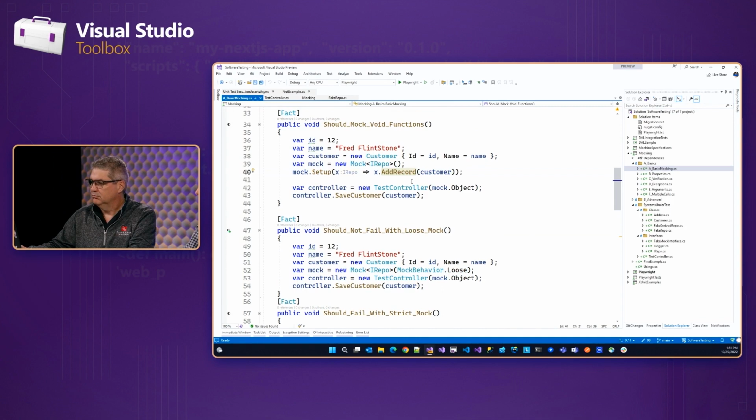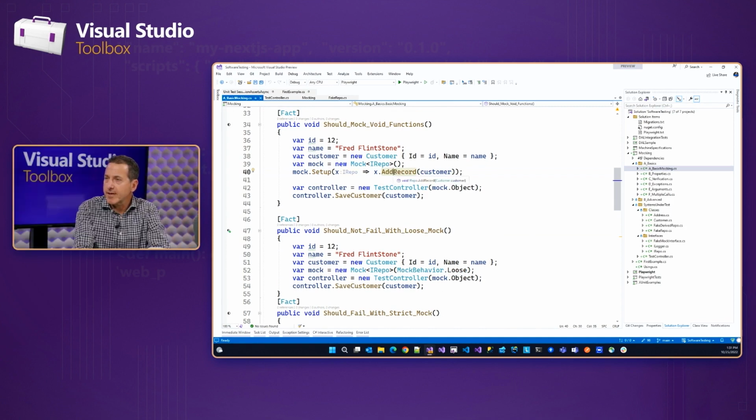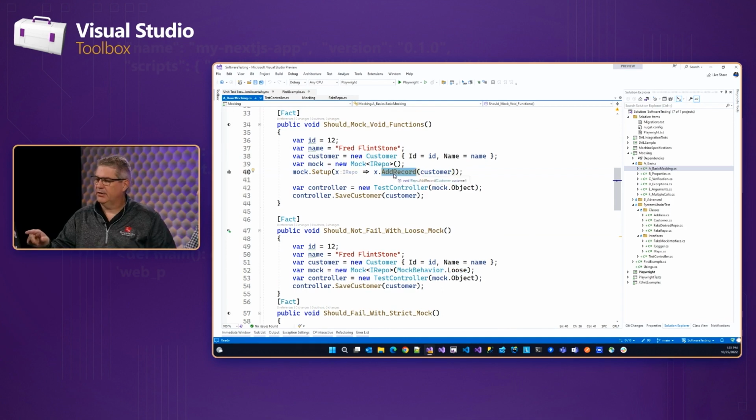Is it literally adding a record, or is it mocking the concept of adding a record? So AddRecord is a method on the repo. The mock is not doing anything; literally, it's just a proxy. So what I'm doing is setting up an expectation that the code being tested is going to call AddRecord, passing in